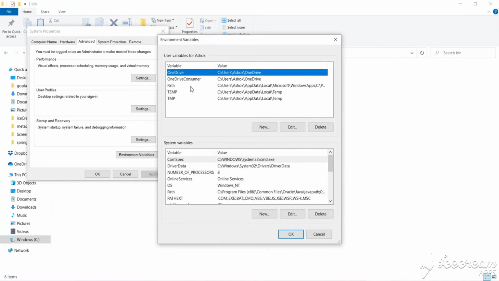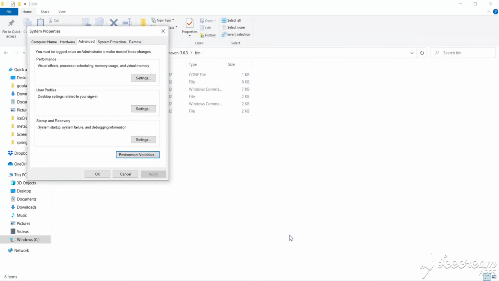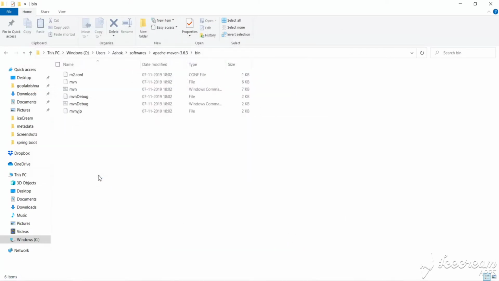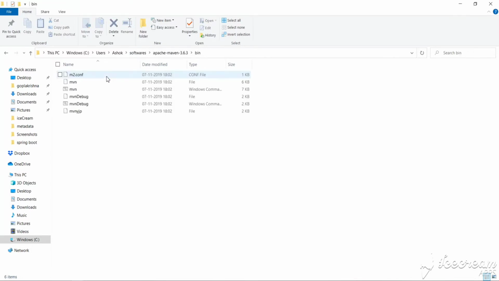Here you can see there is a Path, edit, double click, we can add a new path and paste that whole path here and click OK. So what we have done is we have downloaded Maven, extracted it and kept the Maven folder here, and we have taken the path of the bin folder inside this Apache Maven and added the path in the Path environment variable.